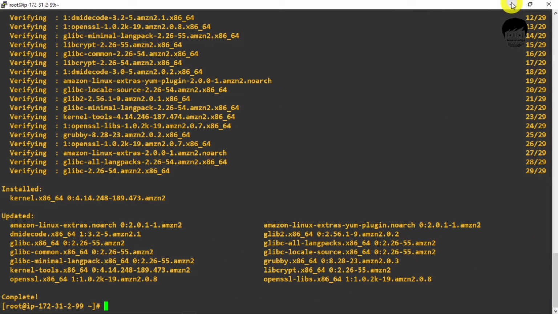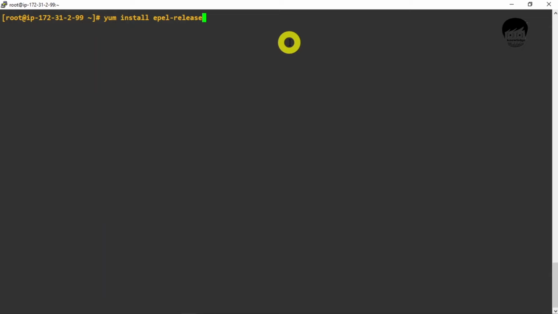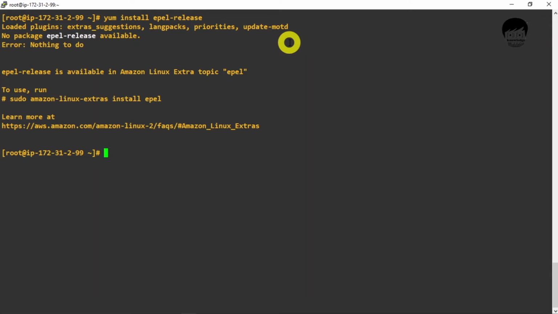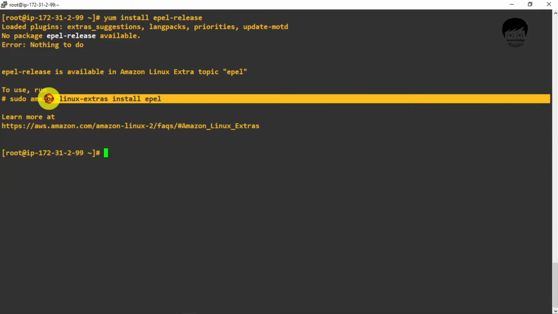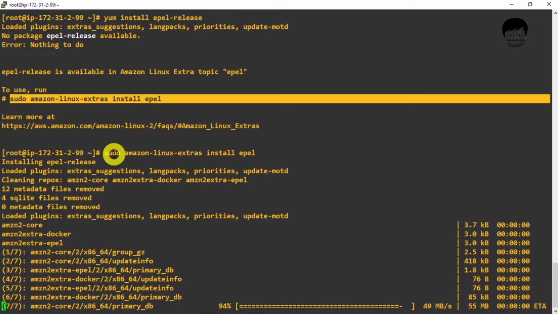So we have to install some extra packages, that is EPEL packages, Extra Packages for Enterprise Linux. So we'll install these EPEL packages. Okay, it says that we have to install it by this command. Okay, we'll do it. Yes, and it is installing.